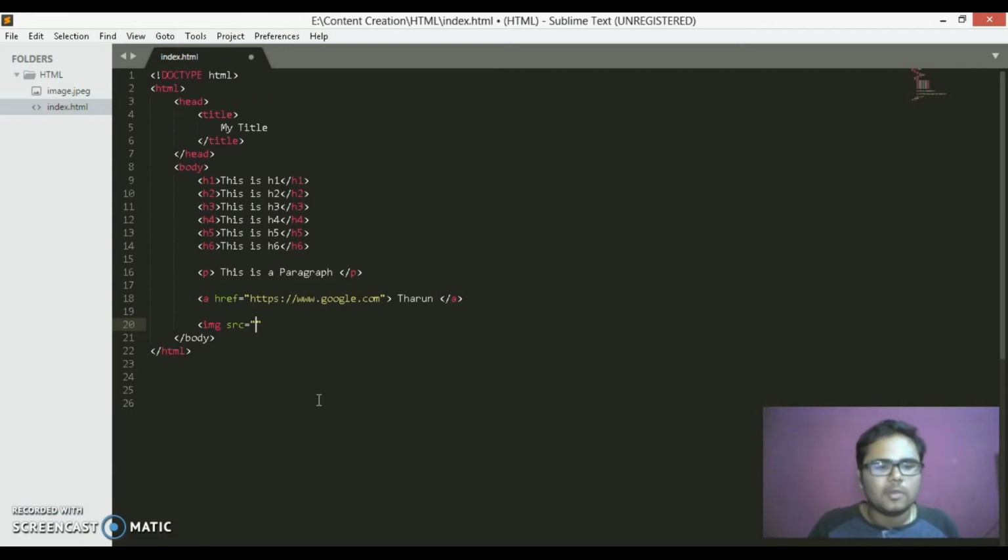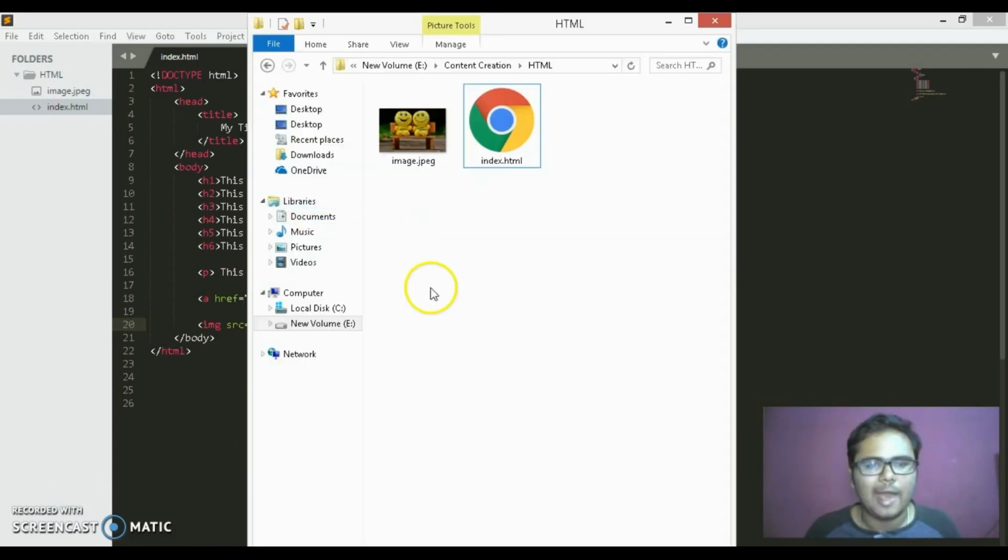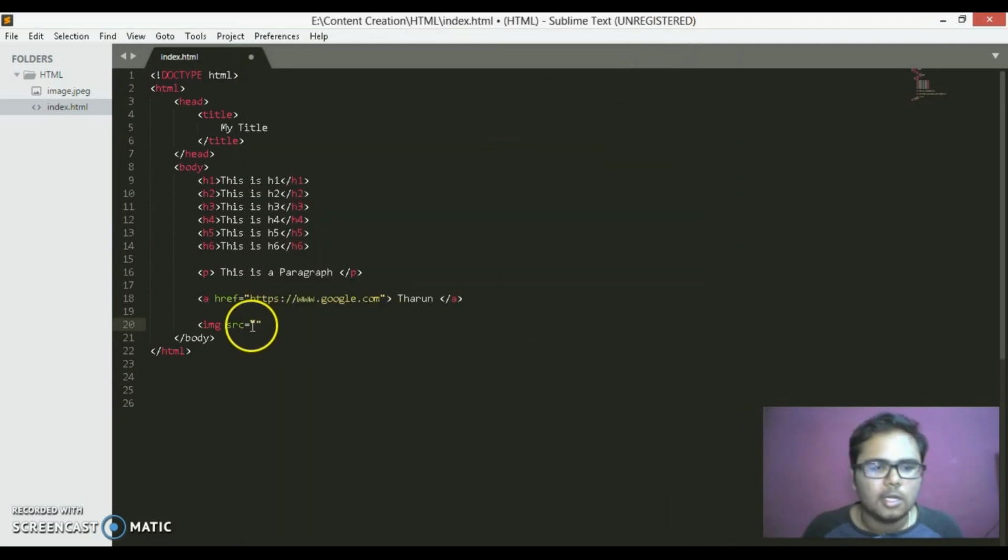So img src, and before putting anything here, you want to make sure you have the image there. If you don't have the image and you start typing the source, it's not going to work. So I'm going to use the image from the same folder. I'm going to use this image.jpeg. So here in this src, I'm going to type image.jpeg and close it